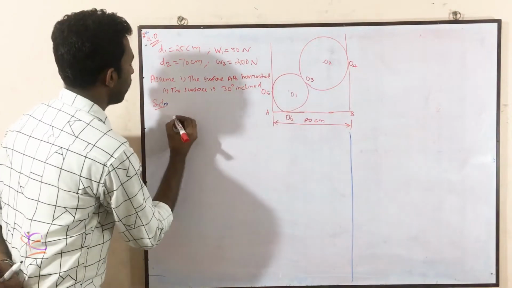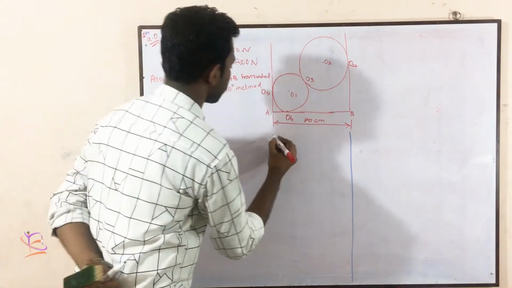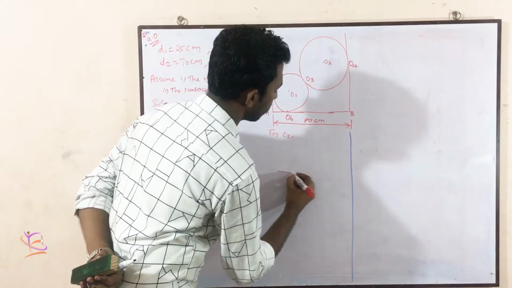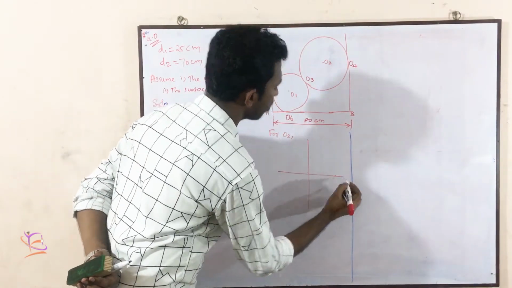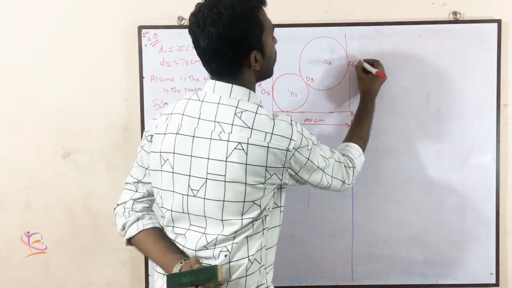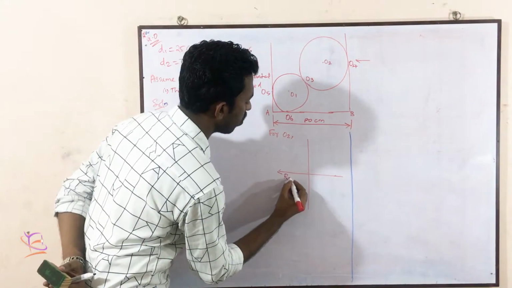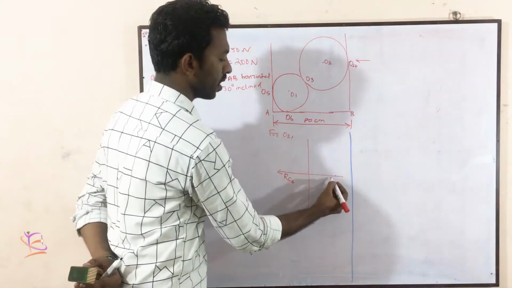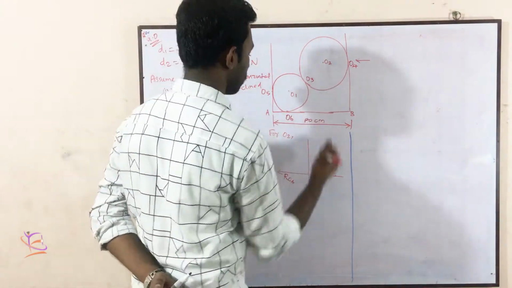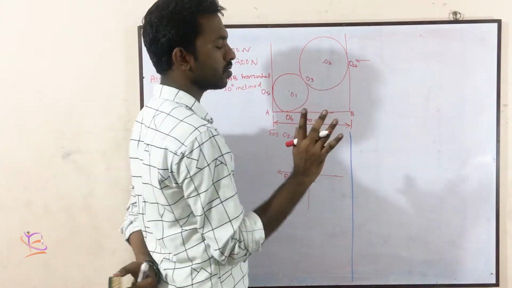First of all, consider the point O2. Considering O2, I am drawing the free body diagram. Anything you can consider was O2. So reaction at O4 will be in this direction, right? So I am taking here as RO4. Here it will come principle of transmissibility. I am making here RO4. Okay. Next, this is the O2 junction. Okay. So here any other contact is here.